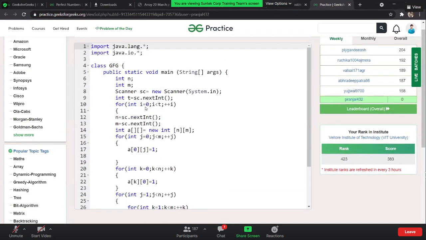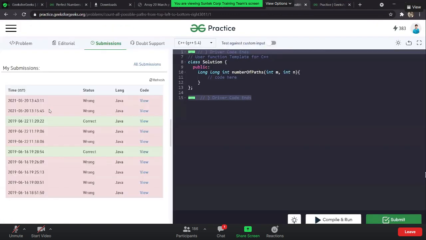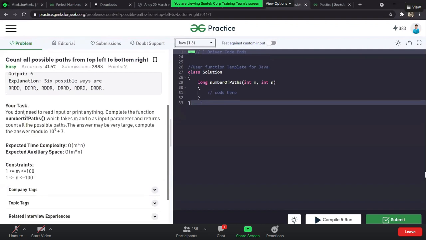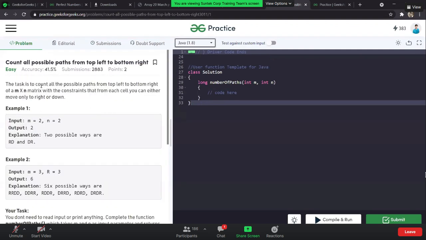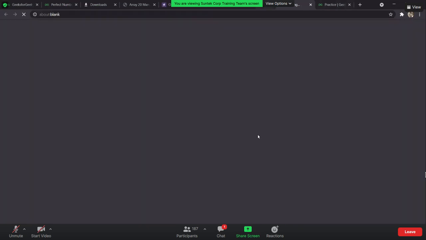There was a question on the GFG as well, that we need to count the number of possible paths from the top to the bottom right. We need to find the total number of possible paths. That's exactly the same question. So maybe we can have a look at the submitted solution, which is absolutely a correct one. Let's have a look at it over here.